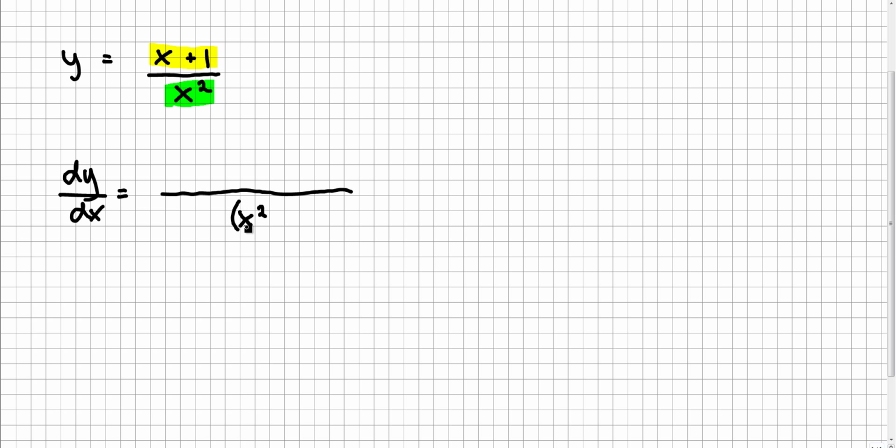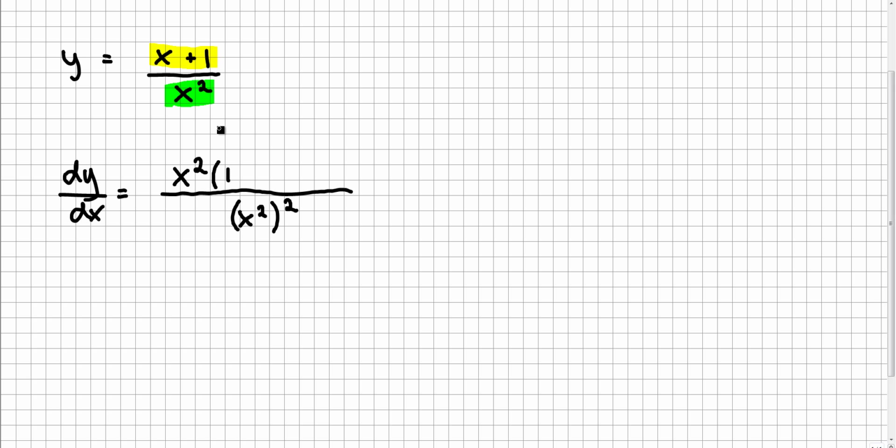So we take it within brackets and then to the power of 2. Then I'm just going to write x squared up here times the derivative of this function, which is going to be